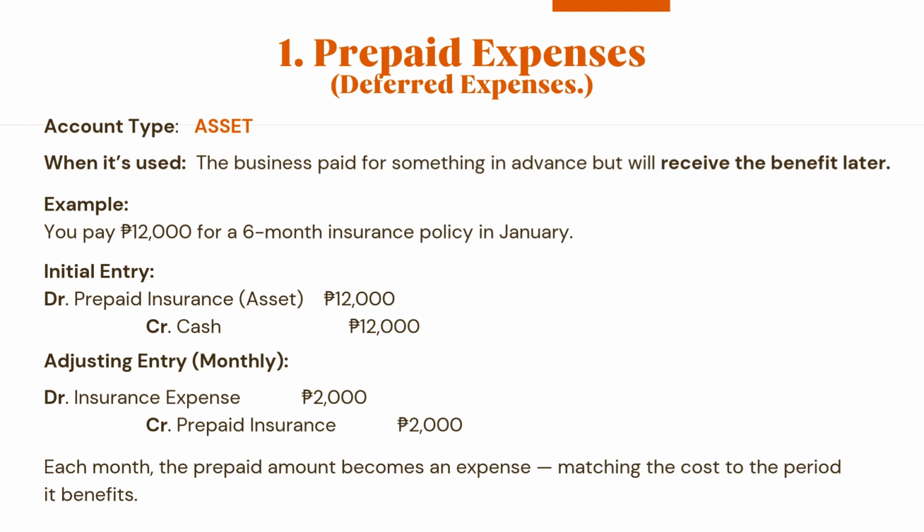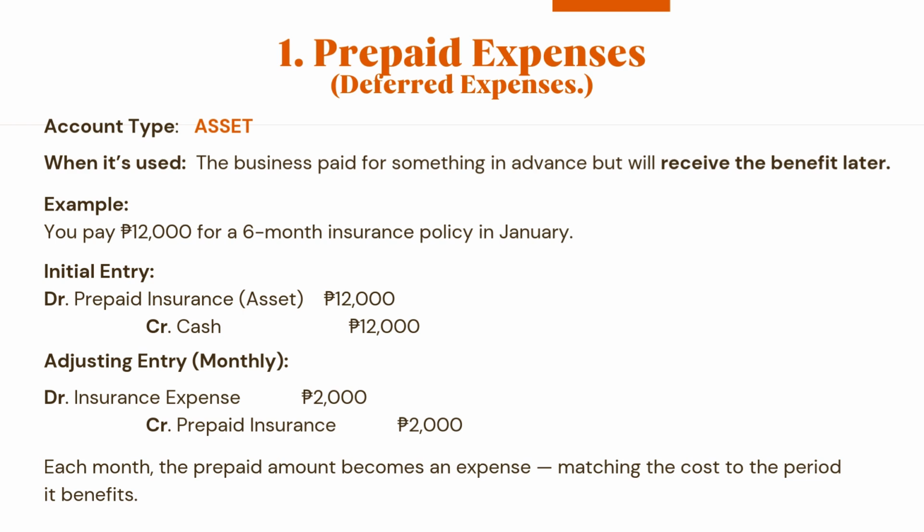1. Prepaid expenses, also called deferred expenses. Account type: asset. When it's used: the business paid for something in advance, but will receive the benefit later. Example: you pay $12,000 for a 6-month insurance policy in January. Initial entry: Dr. Prepaid insurance (asset) 12,000,